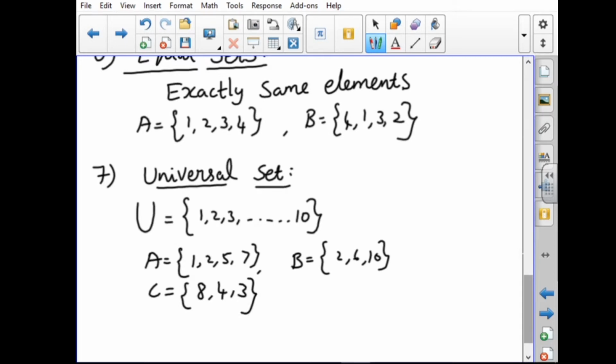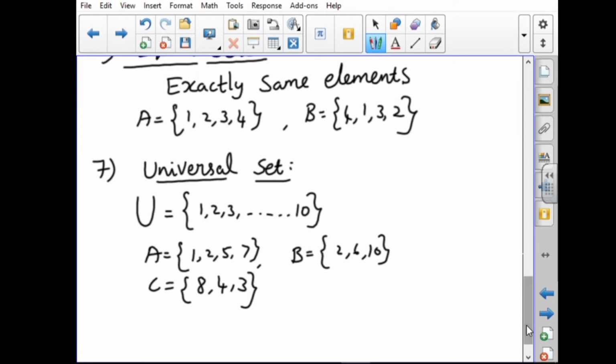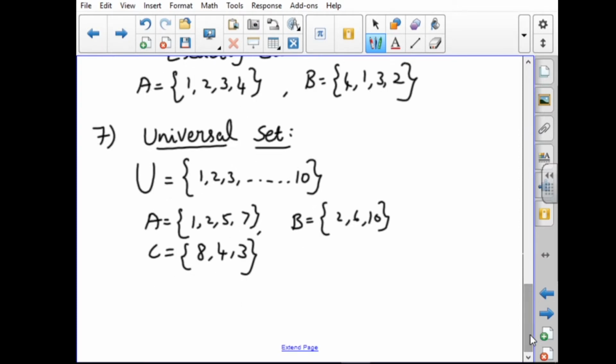So we have subsets. The universal set contains all the subsets. That means the universal set is a set which contains all the elements of all the sets under consideration. It is denoted by capital U. Then next one,